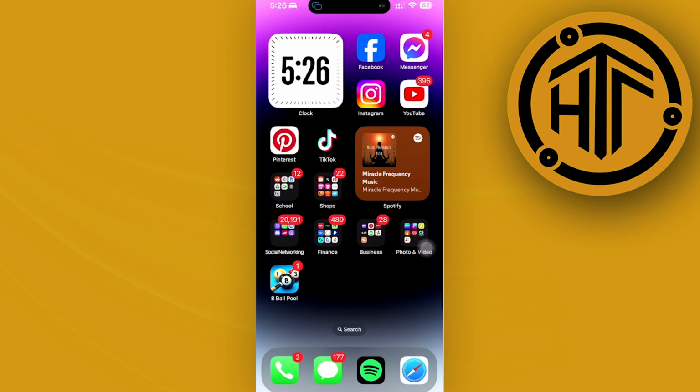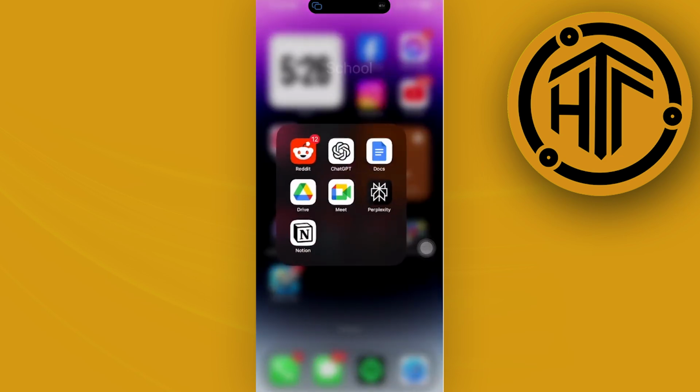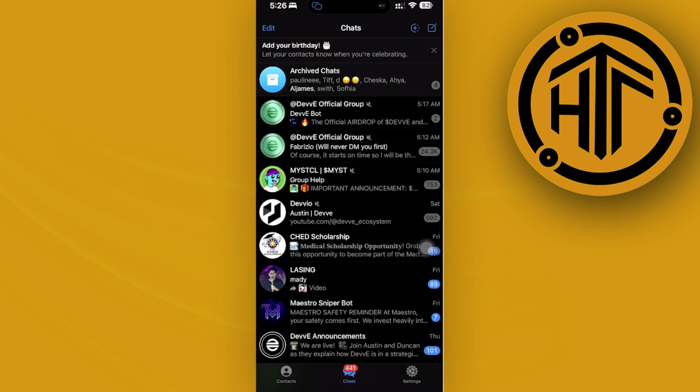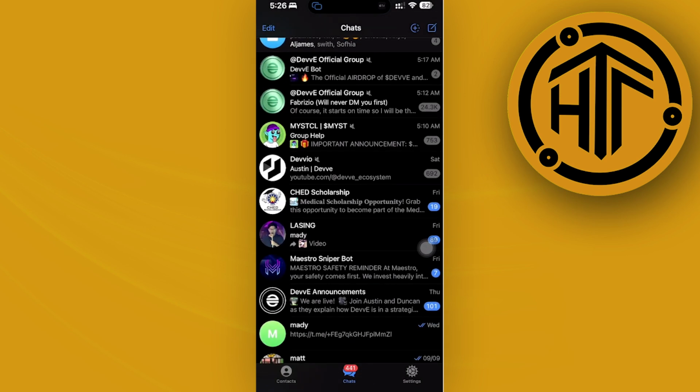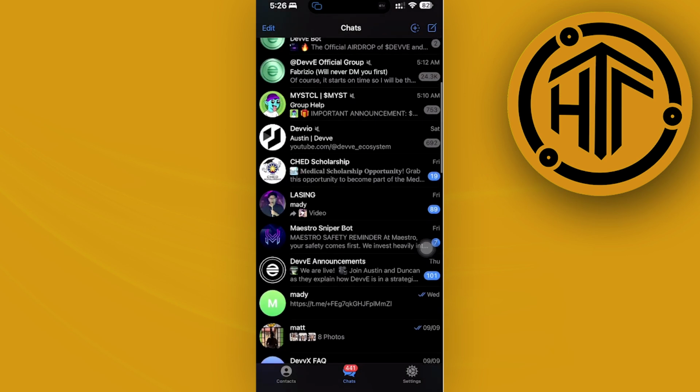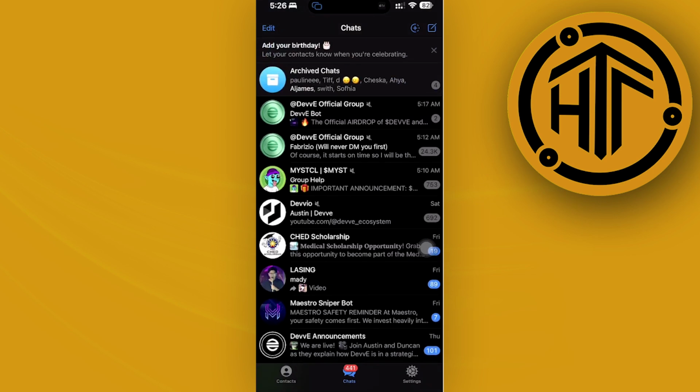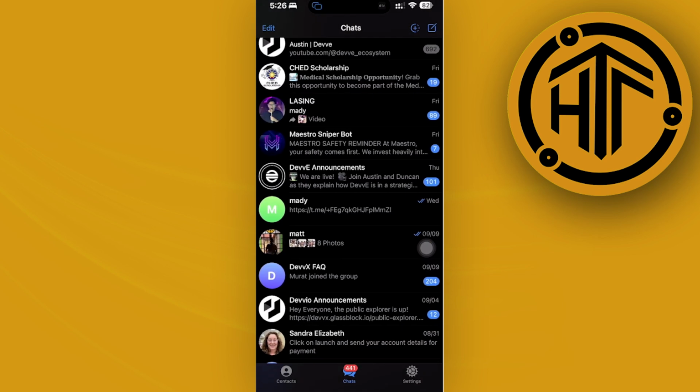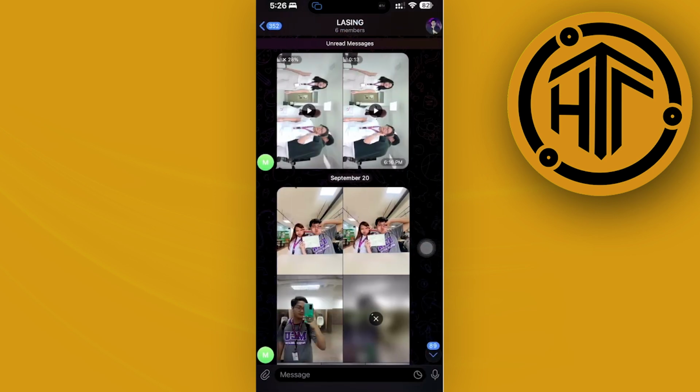So if you guys would like to go ahead and create a poll over on your Telegram group, all we need to do is tap on the Telegram application and choose your preferred group that you'd like to create a poll on. Alright, so once we are already here, I would like you guys to choose your preferred group. In this case, I'm just going to choose maybe this group over here